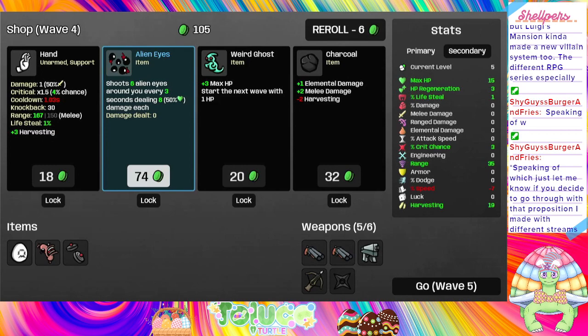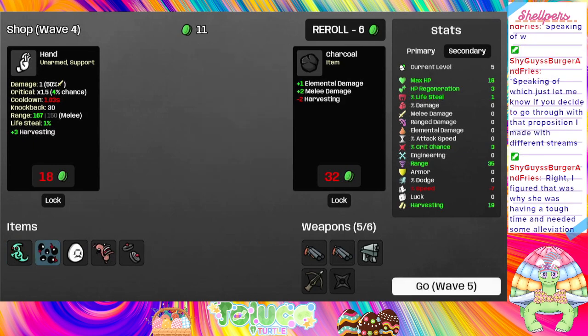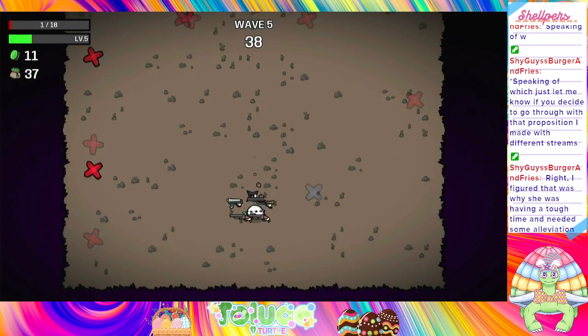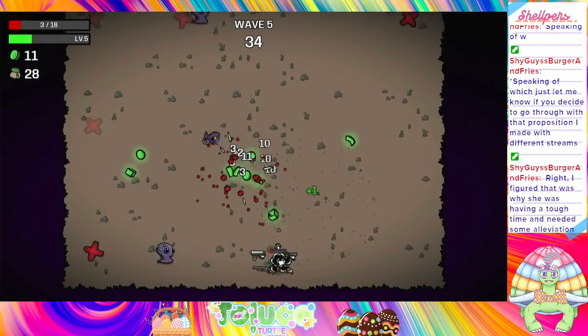Especially since there are 3 different sections, so there's about 60 questions. So I would basically be like, yeah, about that. Where is that going? Should we start the first way with 1 HP? Why not? Why not? Yeah, so...